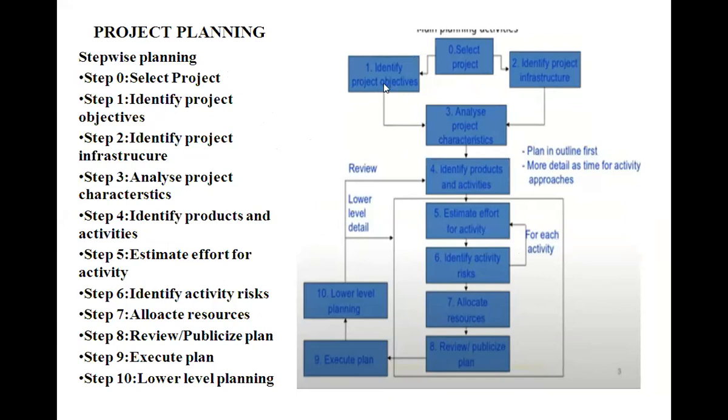Step one means identify project objectives. What are the different types of steps included in identify project objectives? In this, first, identify objectives and measures of effectiveness. So here, how do we know if we have succeeded? Just revising yesterday's topic. Next, establish a project authority. In step 1.2, establish a project authority, so you have to choose who is the boss for that project.